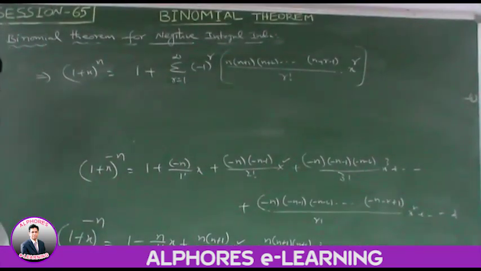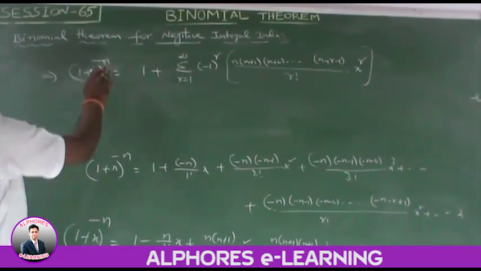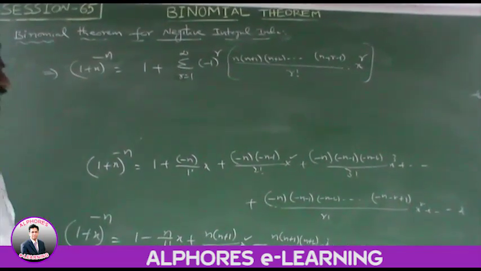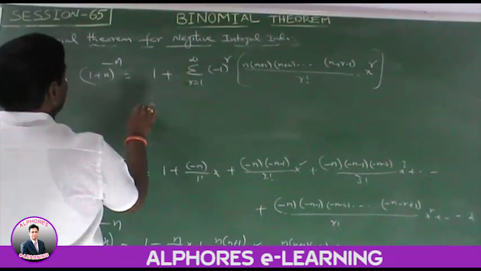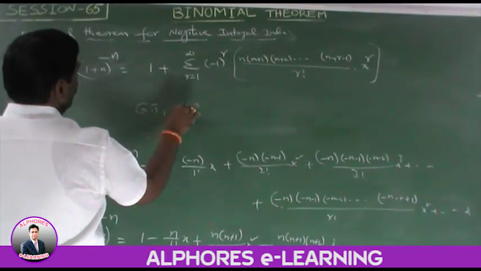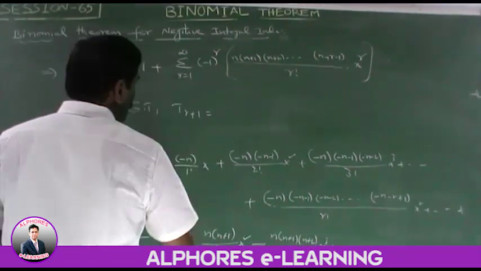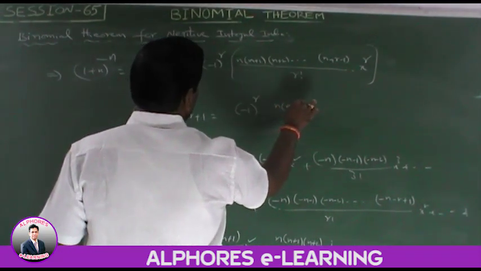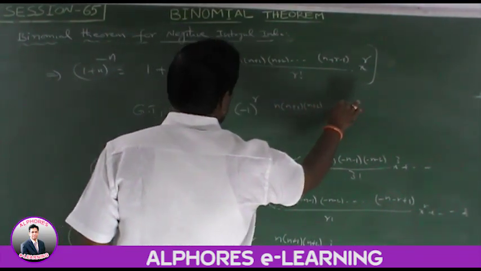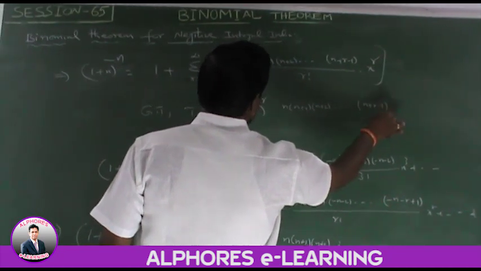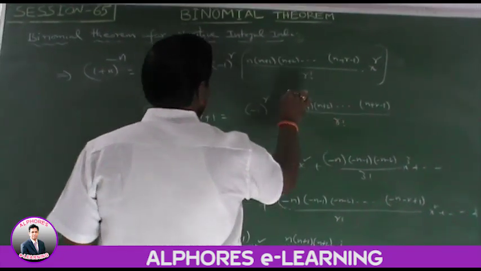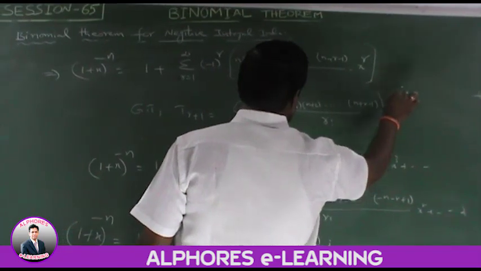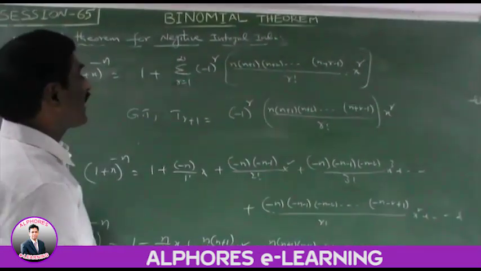1 plus x whole power minus n is equal to this value. Okay, negative integral x. Here this term is said to be the general term. In this case, the general term T(r+1) is equal to (minus 1) whole power r into n into (n plus 1) into (n plus 2) into so on (n plus r minus 1) by r factorial into x power r. Okay, this value is nothing but